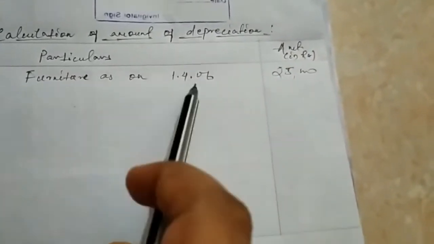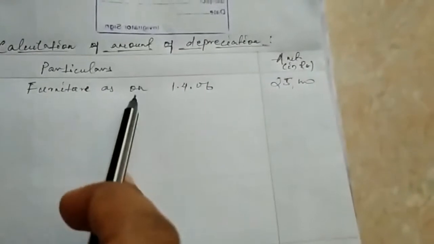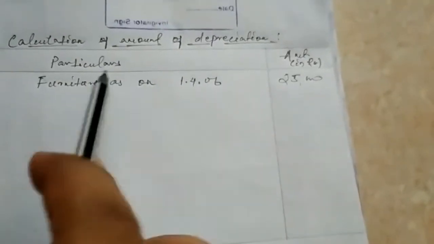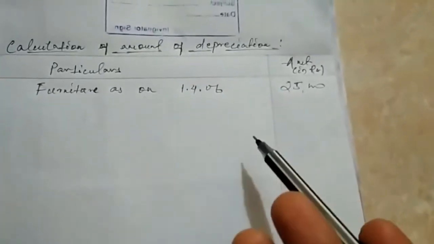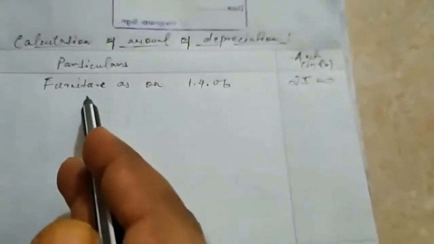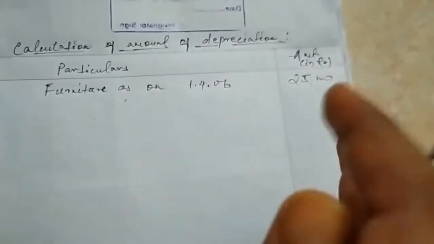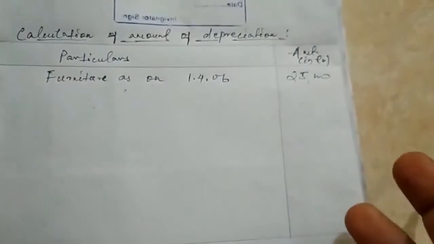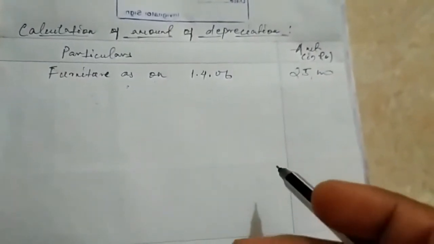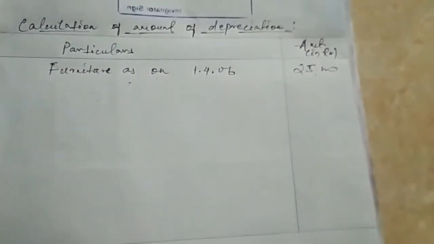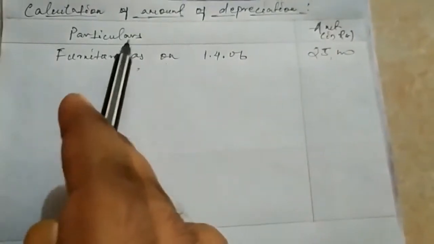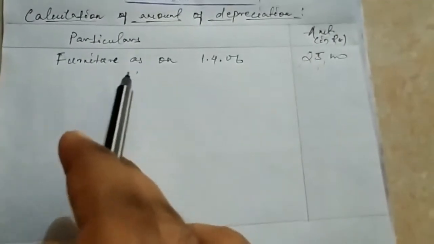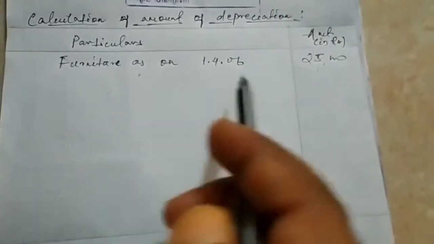If furniture opening balance is there, that means this furniture may have been purchased in previous years. Now it says during this accounting year some furniture is purchased, so it is very obvious it should be added to the value. For example, you have a bicycle and you purchase another bicycle the very next year. So how many bicycles do you have? You have two bicycles. So it is a very clear concept. Already furniture has some balance from previous years, and now some furniture is purchased in the current accounting year, so obviously that will be added.